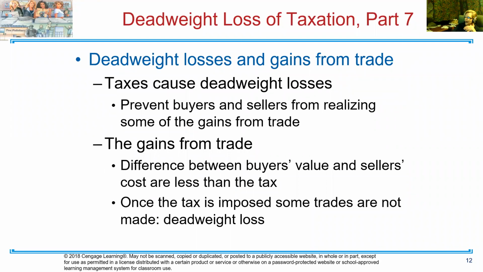So again, taxes cause this deadweight loss. And again, the main reason that we're saying that this is inefficient is because some trades are not made. So basically, if I could boil this down, I would say, hey, the quantity with tax is no longer equilibrium. Therefore, we would say some trades are not made, so this market no longer is efficient.